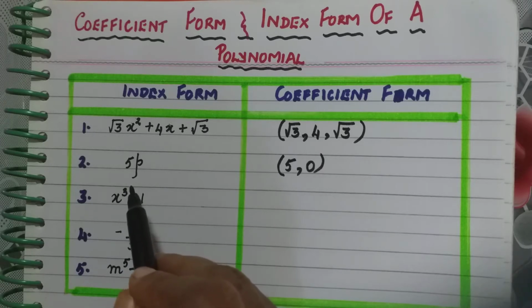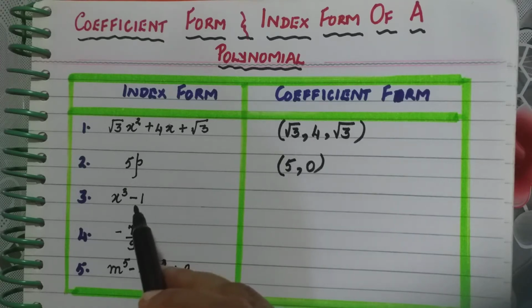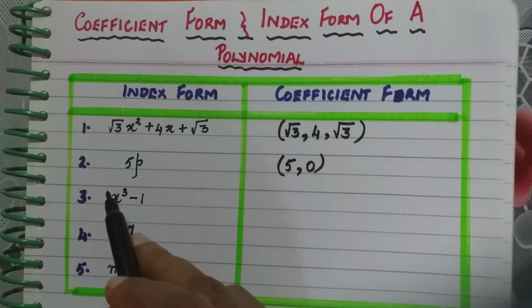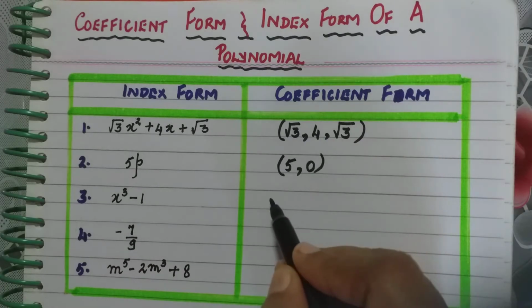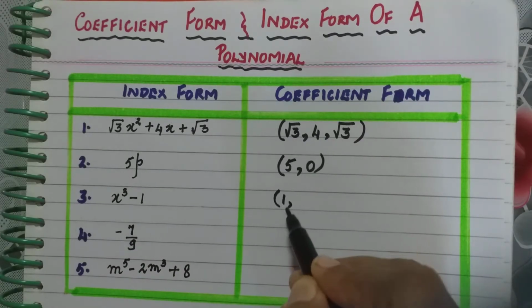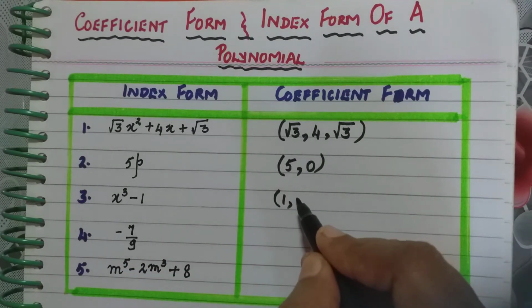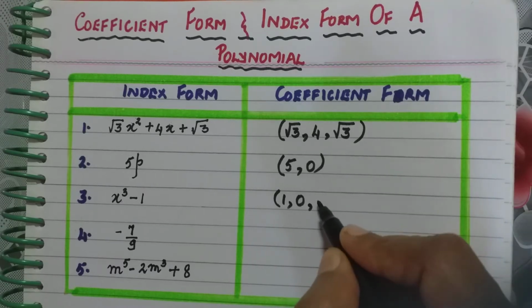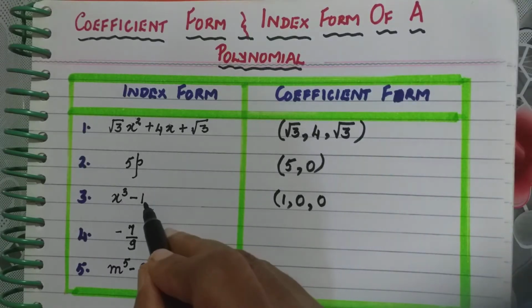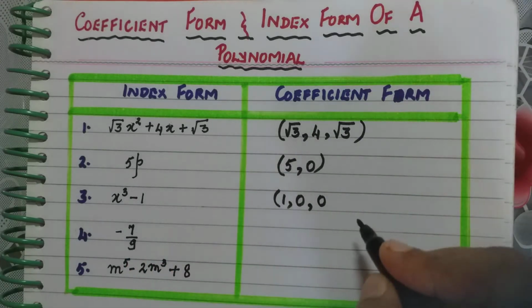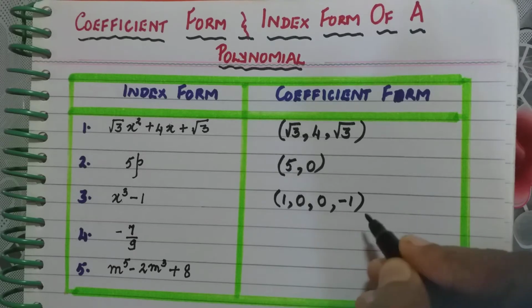Next you see here the variable x cube. So it is raised to 3. Do we have x squared? That is not represented. So we write 0 for that. Do we have x raised to 1, or x? That is not written. For that also we have to write 0. And x raised to 0, that coefficient is minus 1. So this coefficient here is 1. So we write here 1, comma, that is for x raised to 3. X raised to 2, no coefficient, so 0. X raised to 1, no coefficient, so 0. X raised to 0, the coefficient is minus 1. So we write like this.